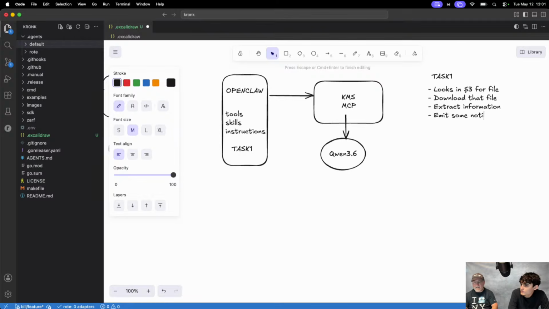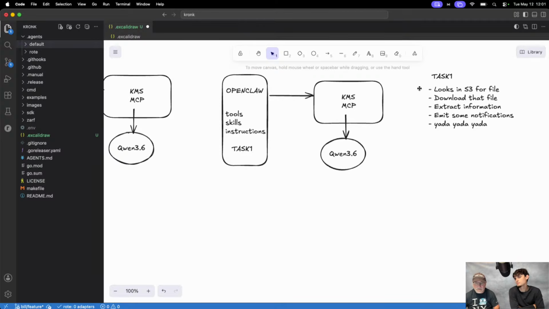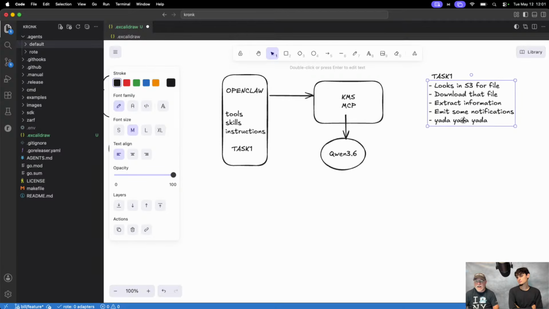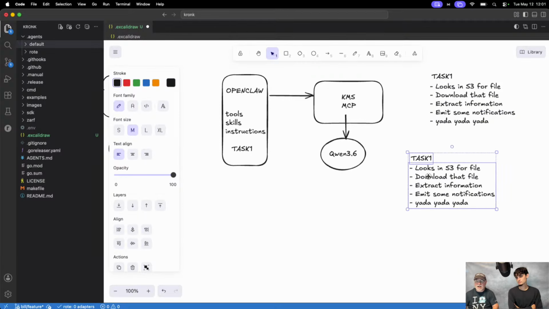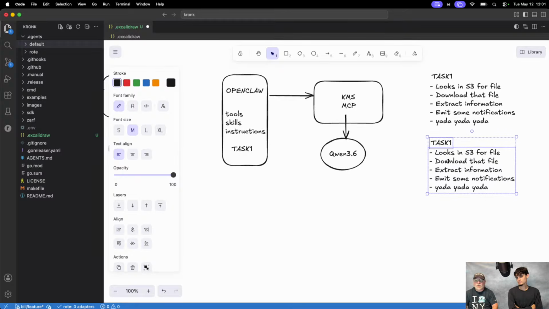You can imagine this list, and yada, yada, yada. This is a task that you're performing every single day, and you need it. I'm not talking about OpenClaw being your virtual assistant.